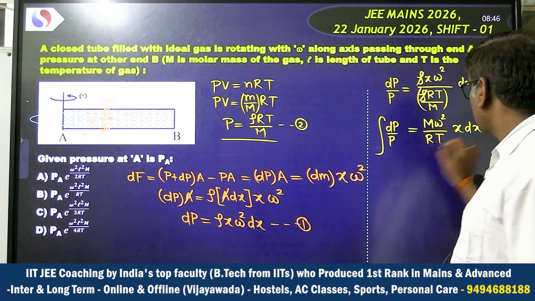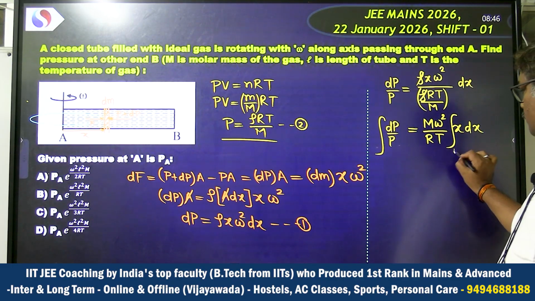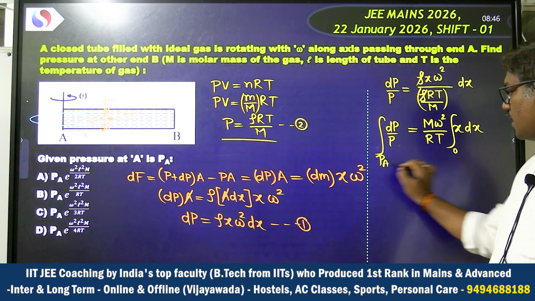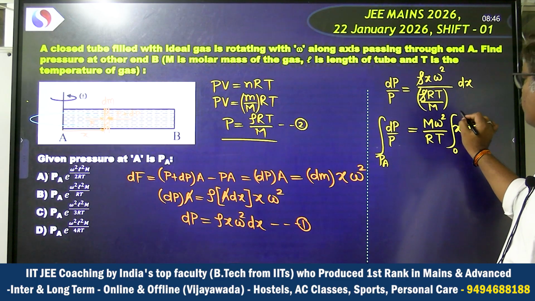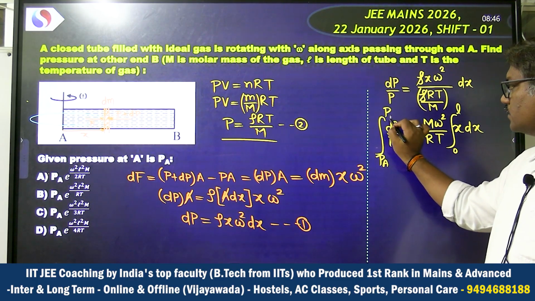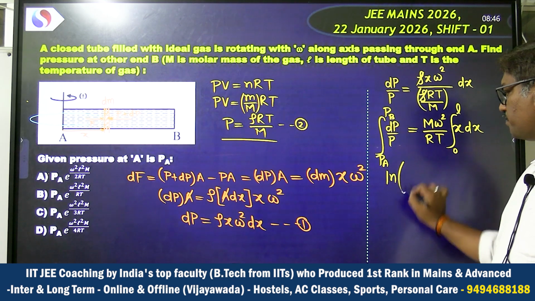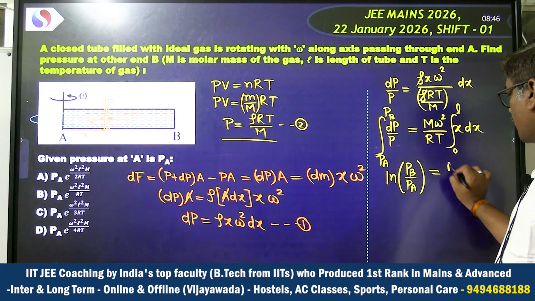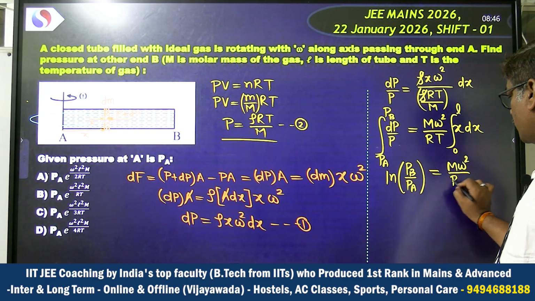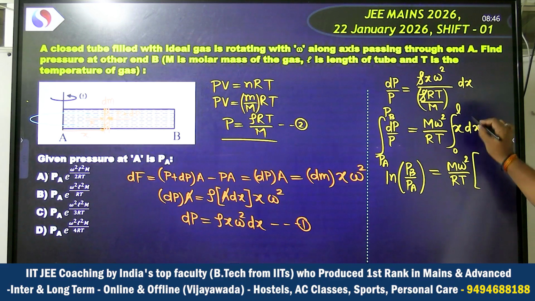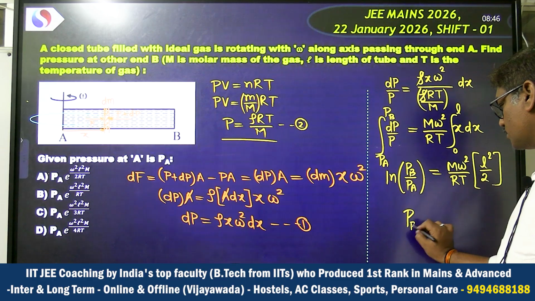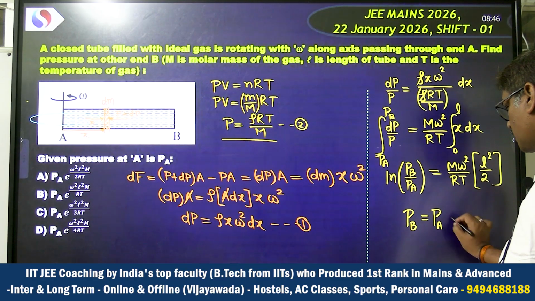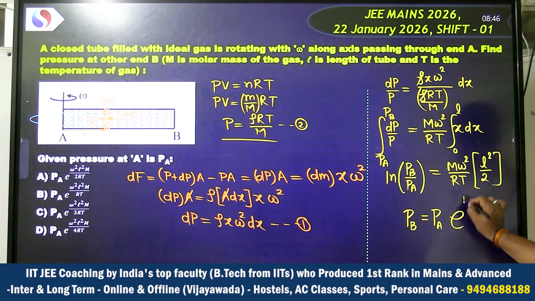And now a simple integration. For x equals 0, the pressure will be PA. At x equals L, the length given to you, it is PB. That means you are getting ln PB by PA equals M omega square by RT times x square by 2, and after putting the limits, it is L square by 2. So PB equals PA e to the power capital M omega square L square divided by 2RT